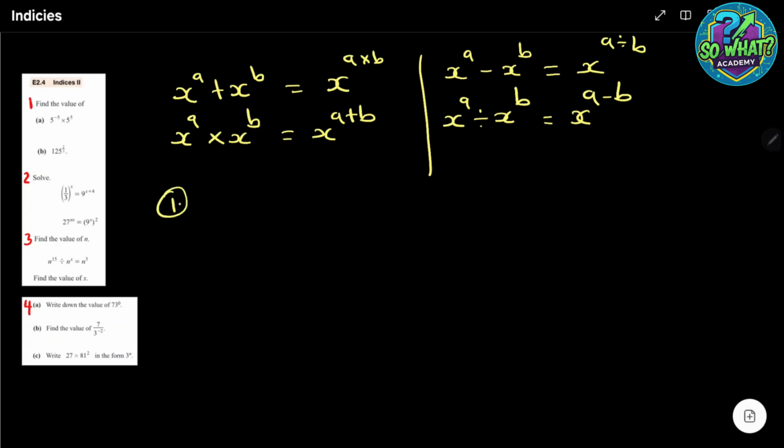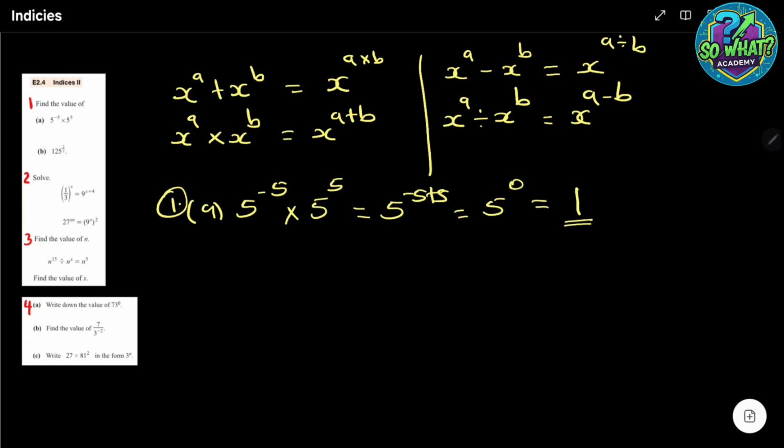Number 1, it says find the value, part A, of 5 power negative 5 times 5 power 5. So we have the same base 5 and we are multiplying. When we are multiplying, we add the powers. So it is simply 5, then negative 5 plus 5, which is 0. Any number power 0 is 1. Part B,